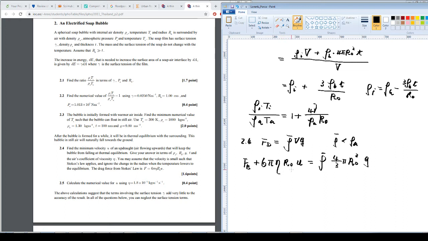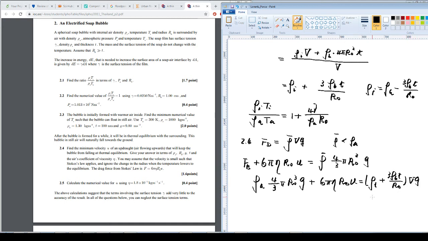So it would be rho A 4 over 3 pi r naught cubed g plus 4 pi eta r naught u. That's equal to the average density, which is rho I plus 3 rho bt over r naught,